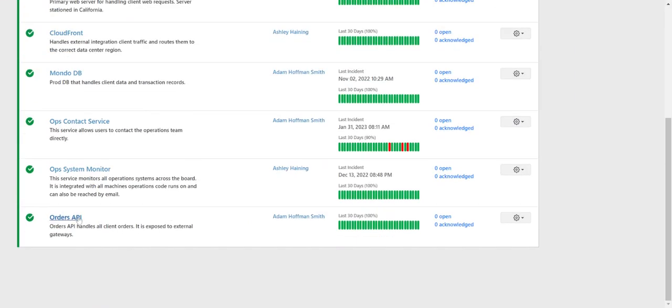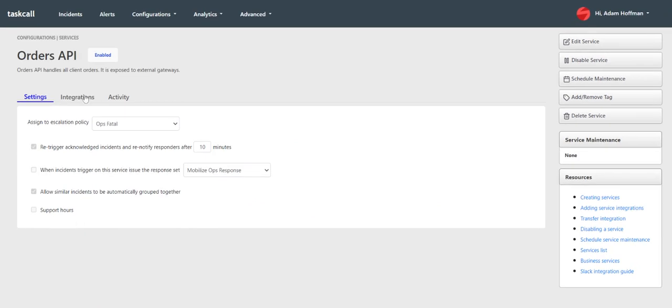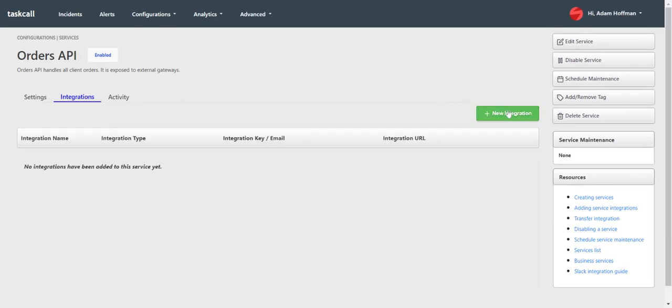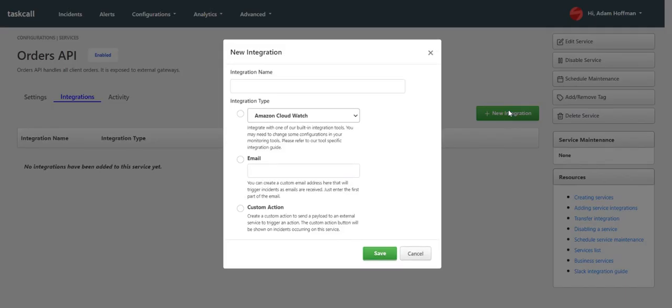Once we've created it, then you go to the orders API service, then you go to the integrations tab, and then you can set up your integrations. Follow the documentations for the integrations that you need, but we're just going to go over what types of integrations there are. So the first type is obviously all the built-in integrations that we have. So you can choose from them and follow the documentation to set it up, or you can set up an email integration where TaskCall will mint